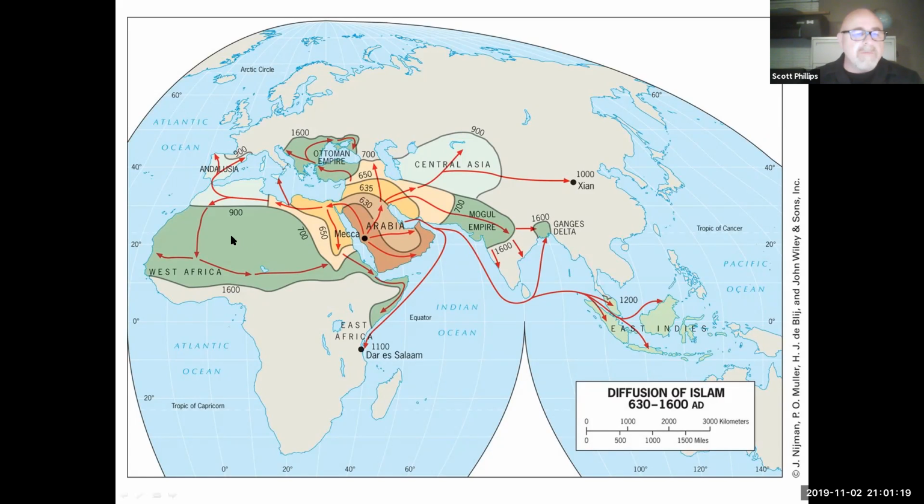Now, let's talk about religion for a moment. Just as a recap, in the last section we talked about diffusion, and specifically we used Islam as an example. We had expansion diffusion of Islam all the way into the area of Pakistan and part of India early on, by like the 700s or so. We also saw examples of relocation diffusion where Islam was brought to places like the Ganges Delta, generally the area of the modern country of Bangladesh.